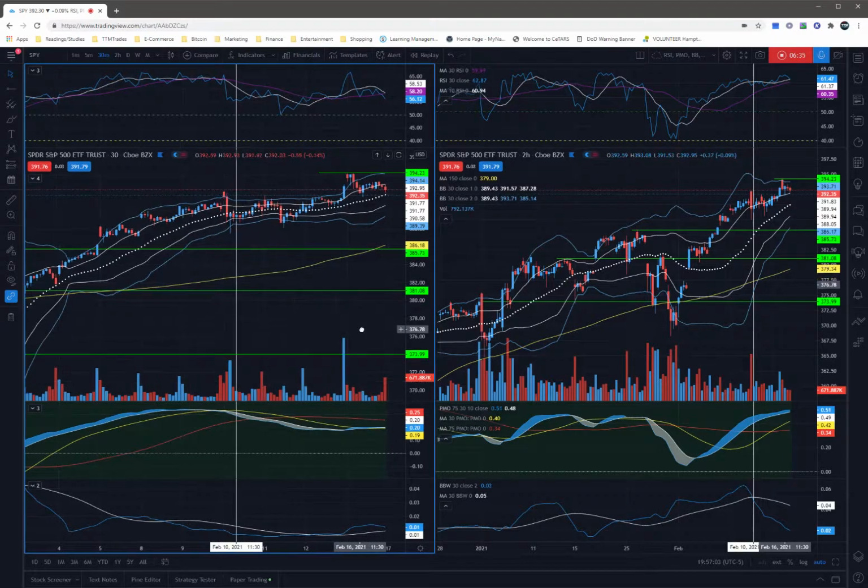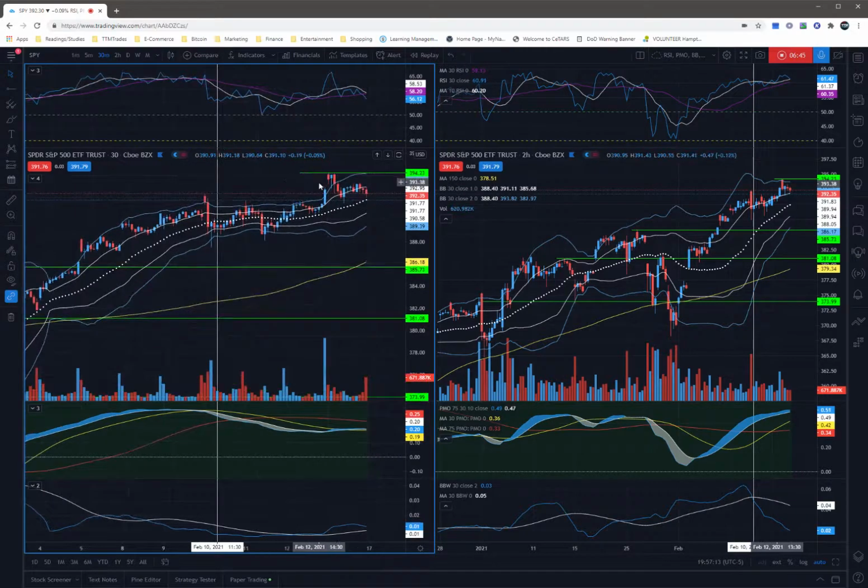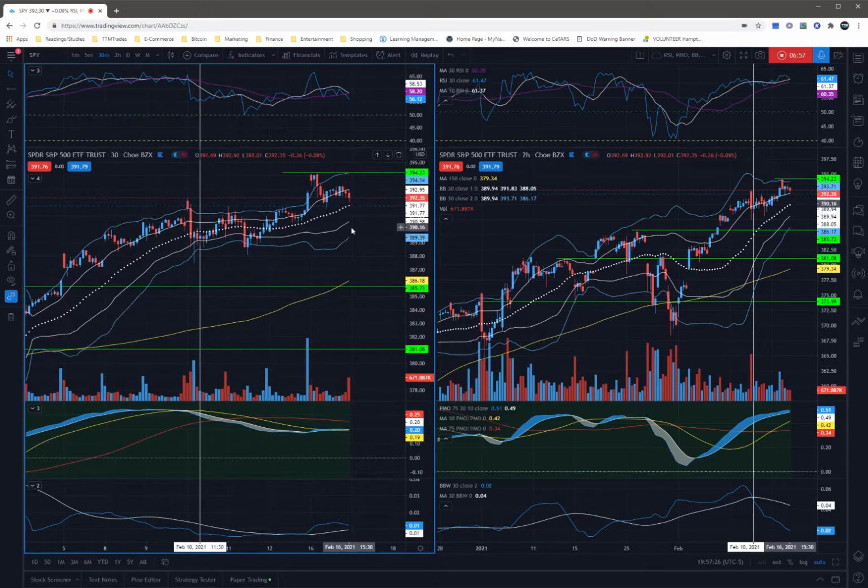All right. So for me, I think we're just in a shakeout period for those who may have taken a short position back in this area. You got that strong run up, shake you out of your position. And then I think what's going to happen here, if we continue to follow the PMO, because it hasn't gotten back above its averages, the PMO continues to trend downward, and we might get another drop back to the downside where I'm expecting